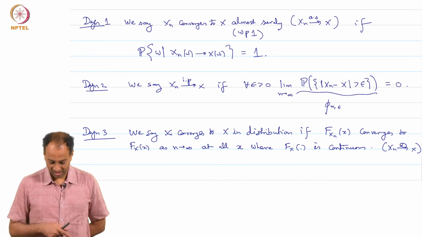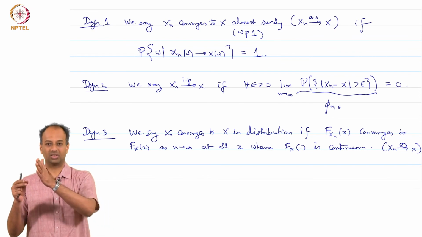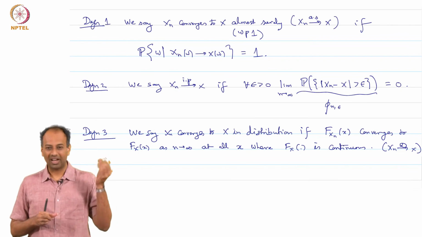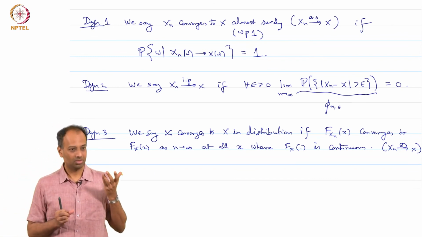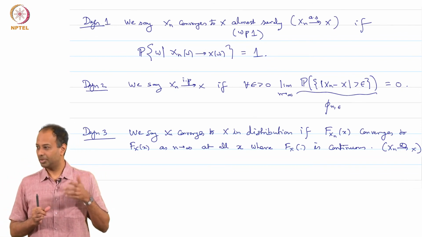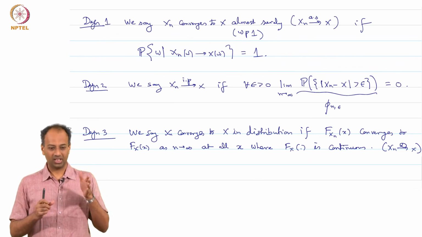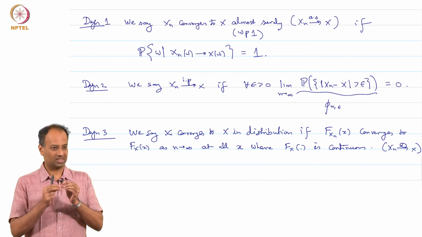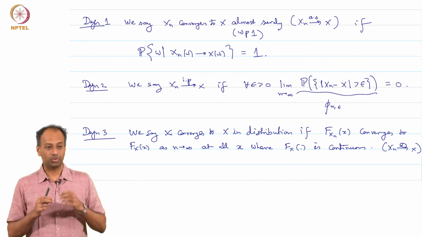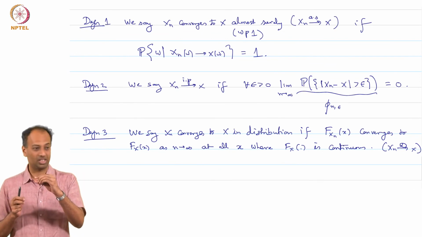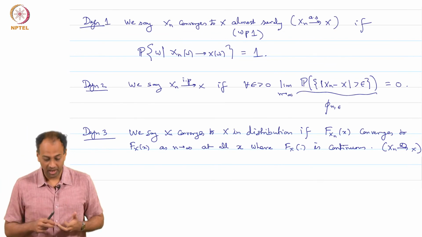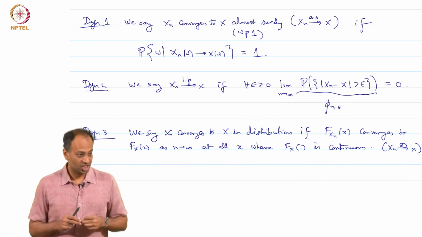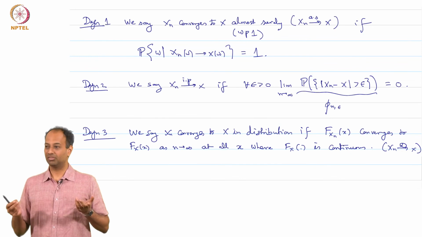The reason is that you are only demanding that the distribution of the X_n's gets close to the distribution of X, it is not that the values of X are getting close, please realize, right. They may be very far away. So, in definitions 1 and 2, in some sense X_n's are getting close to X, right. In definition 2, for example, the probability of X_n differing from X by much is very small, right. In definition 1, X_n is actually converging to X, except maybe at a few points, but in definition 3, X_n may not converge to X at all.